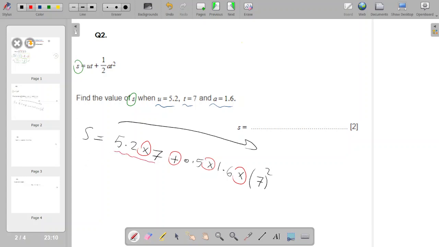So s is going to be equal to 5.2 multiplied by 7, which is going to be equal to 36.4. After that, all of that is going to be equal to what? Plus